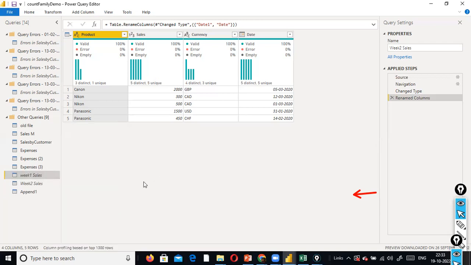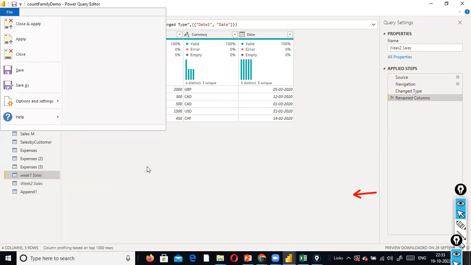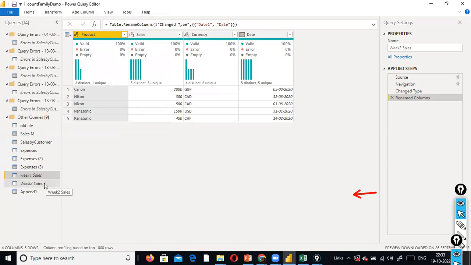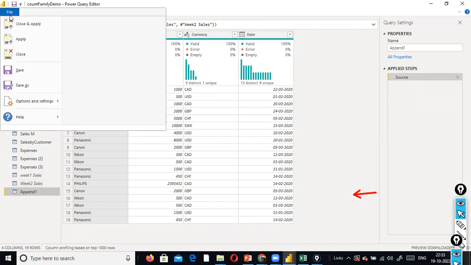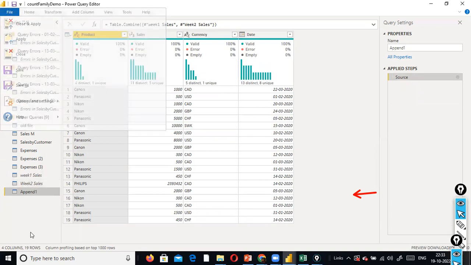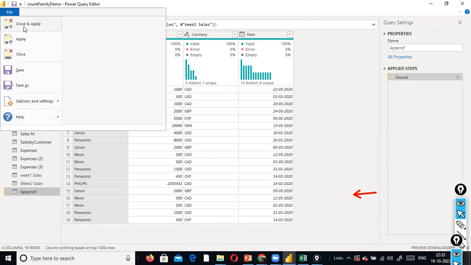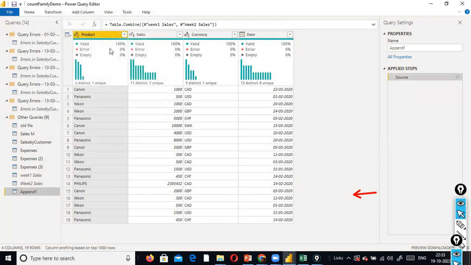So what will happen is, when you click on file, close and apply, this file will not get refreshed. Otherwise, all the files that you use will get refreshed. Let's say each and every file has 1 million records in it. Unnecessarily, whichever file or queries I made changes to, I want to refresh only that one when I apply, close and apply. Instead, what will happen is, look here, I'll just show you now. See, now we work with only append one. When I click on close and apply, what happens is,